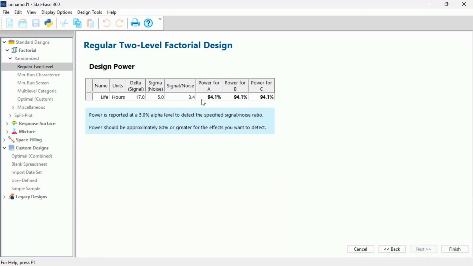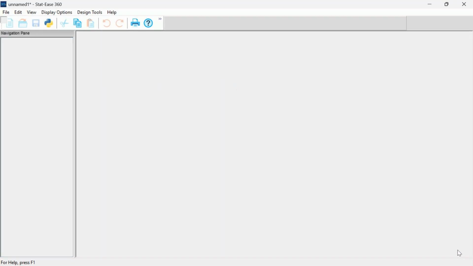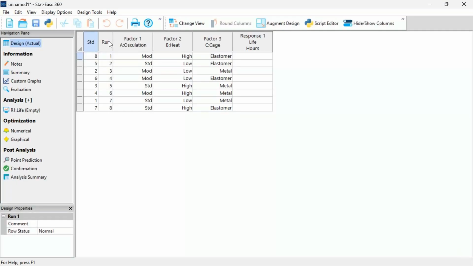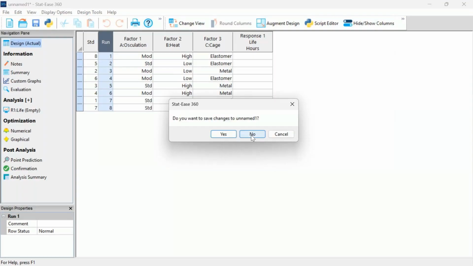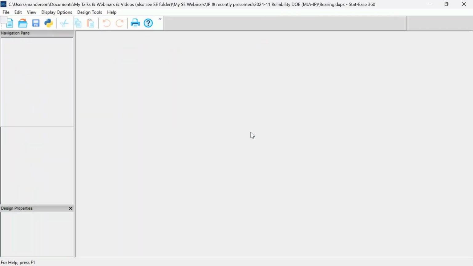And so what we're interested to see with only 8 runs is whether it's likely we would detect that difference of 17. And if I've got these numbers in here correctly, then it's providing some assurance and confidence that even with only 8 runs, if there's a big effect there from changing these factors in a fairly radical way, we should detect it. So now we build up the design in random order, and I'm just going to simply reopen that file. And so now we'll be able to see the results.